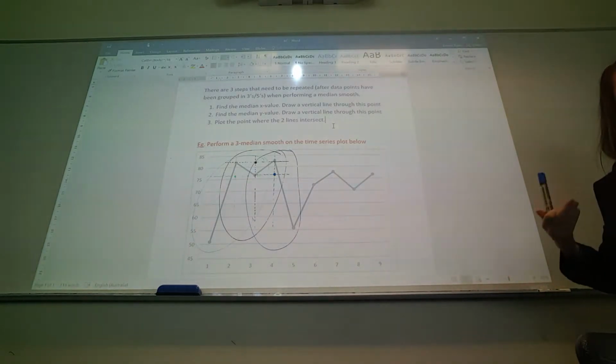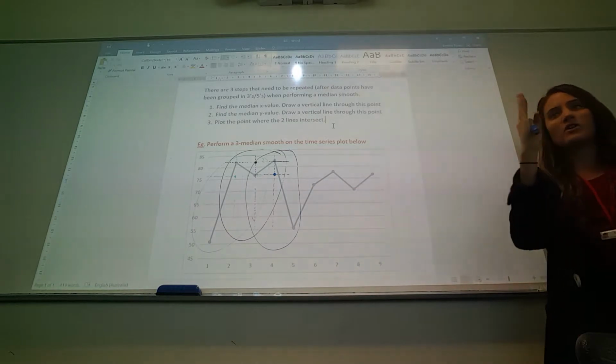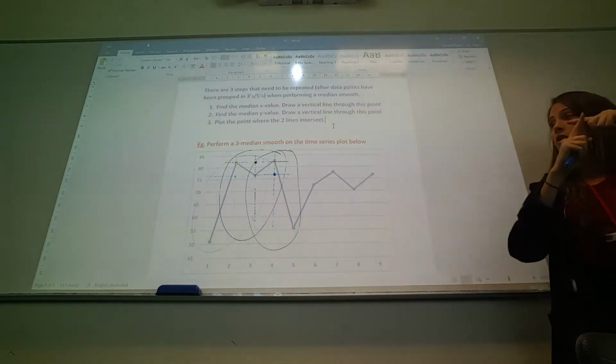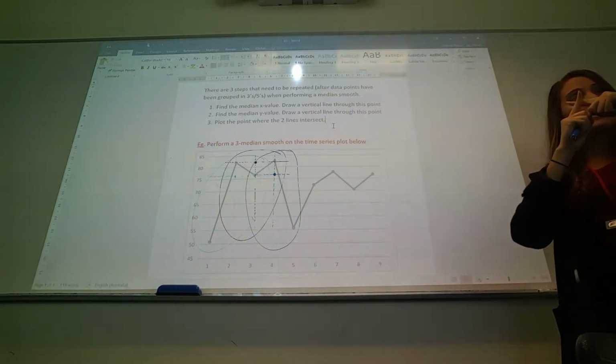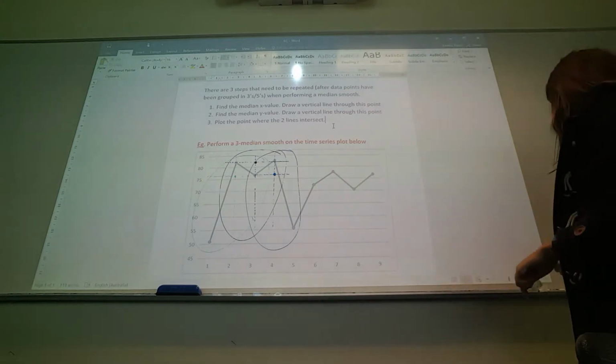We get the hang of what we need to do. So we just group 3 points and we find the middle going across, find the middle going up. Find the middle going across, find the middle going up. Wherever those 2 dotted lines meet, that's where you draw a dot. And we keep doing that